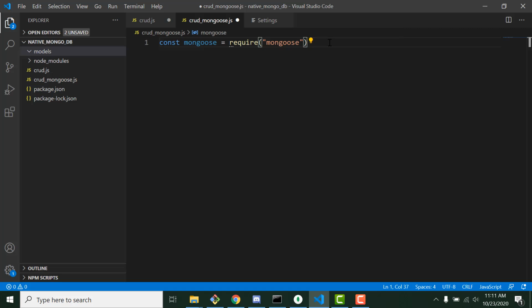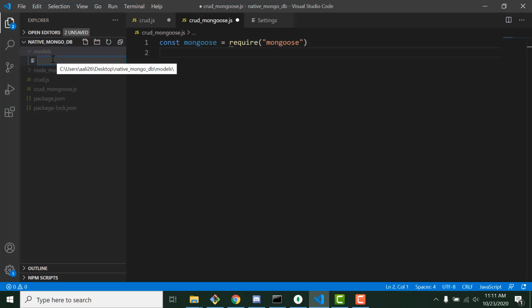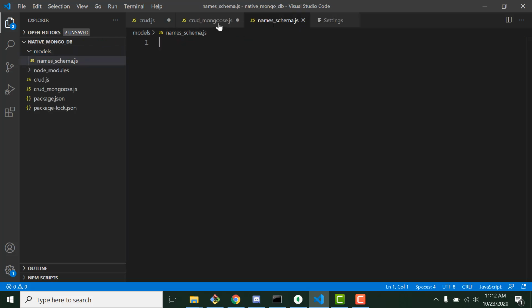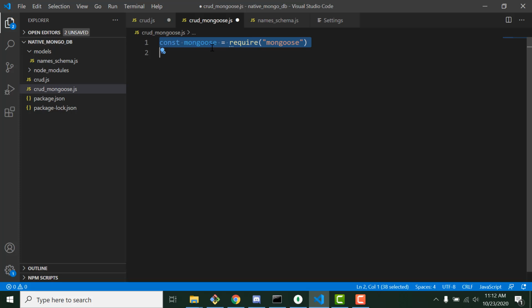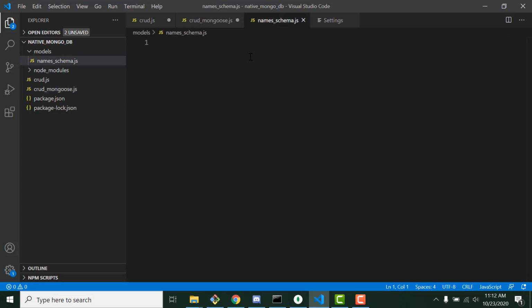Another thing to do here is to define a model here. Let's call it names dot schema.js. Okay, so what I want to do here is to import the schema. Let's do the schema for the table that we got, right? So let's go with const, I would call it name